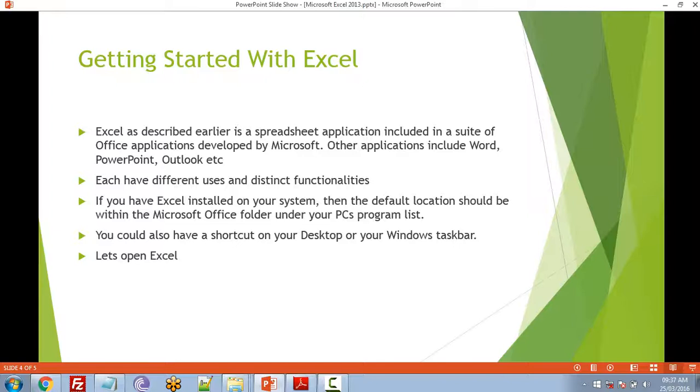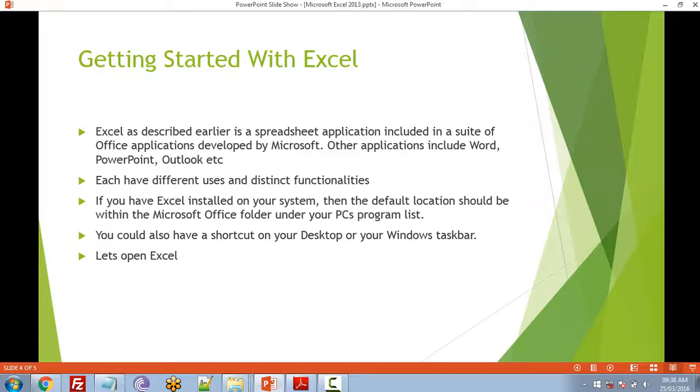Now, we concentrate on Excel for the purpose of this study, but I just want to point out that when you open your Excel screen, the arrangement and the display is most likely what you see in other Microsoft applications, for instance Word, PowerPoint, Outlook, and so on. The sections may be slightly different in how they are applied, but the graphical display remains basically the same. If you have Microsoft Excel installed on your system